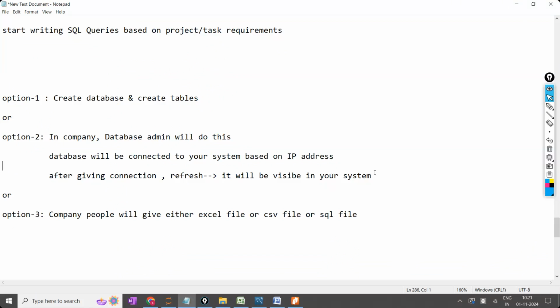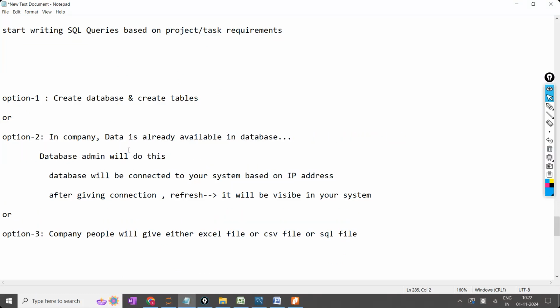It is already available in the database. The database admin will give the permission to access the data. How will he give it? He will take your ID and IP address and he will give the permission.